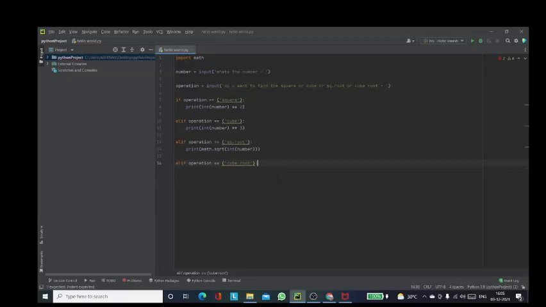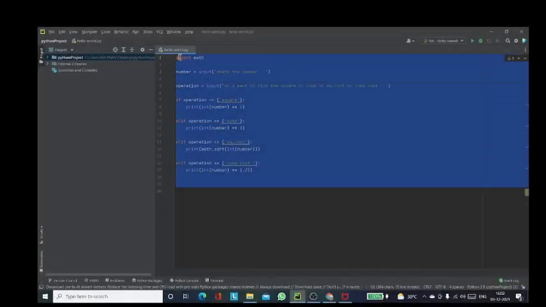Now for the cube root we have a number with which we have to multiply it. Not multiply, like power it. So we have to put int number. We have to put int always because it converts the number value to an integer. After that we put the power symbol, and after that 1./3. This is the exponent with which we find the cube root. So that's all guys, now we have finished the whole code.